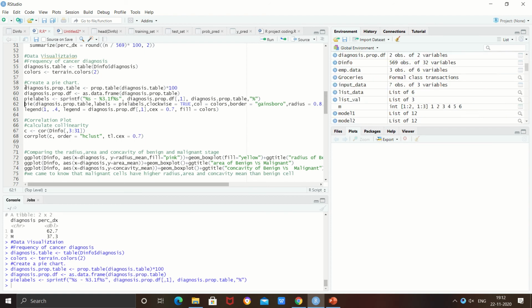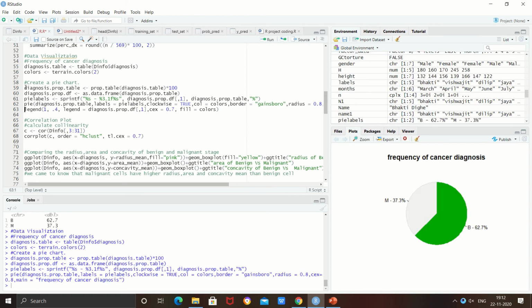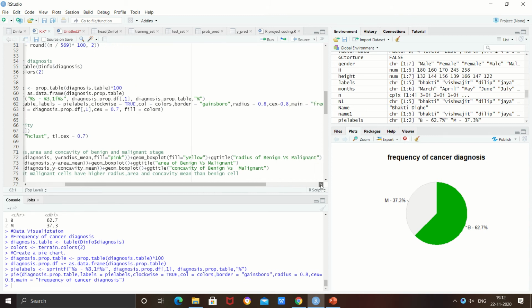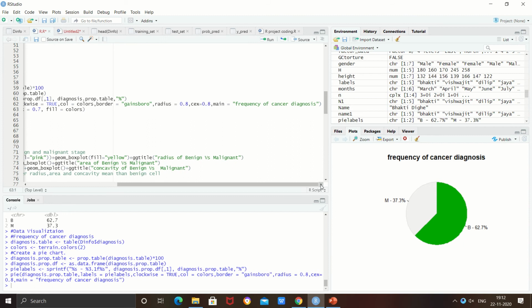Okay, so here, as you can see, in the main argument I have given frequency of cancer diagnosis as the title. So the title for my pie chart is frequency of cancer diagnosis, and it is a graphical representation of the percentage of women affected in benign and malignant stage.